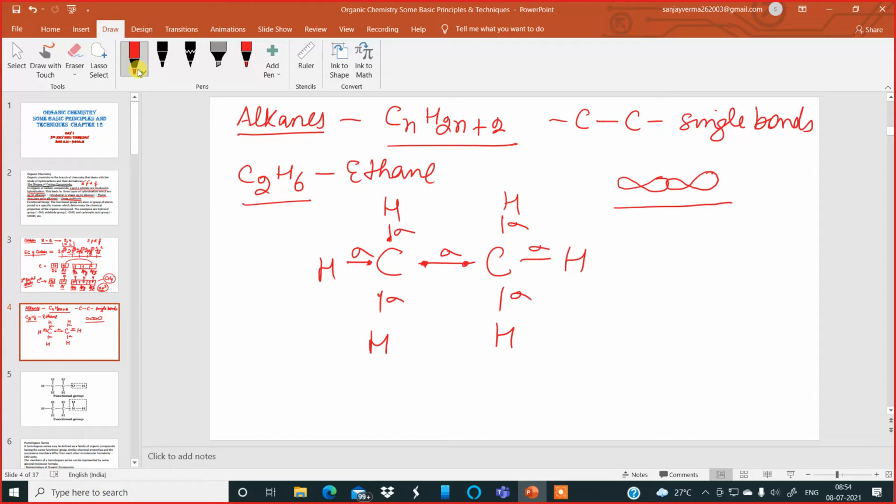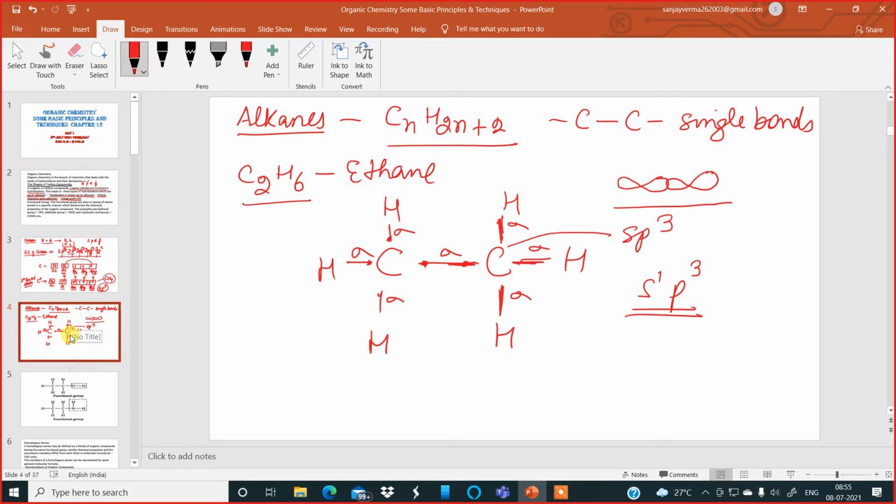So, in this case of ethane, what is the hybridization? Each carbon atom is sp3 hybridized, because around each carbon there are 4 bonds. 1 over here, 2, 3, 4. Just count the number of bonds around the carbon: 1, 2, 3, 4. 1 goes for s and the remaining 3 go for p. So, it becomes sp3. This was the example of an alkane, explaining the hybridization of the carbon atom.